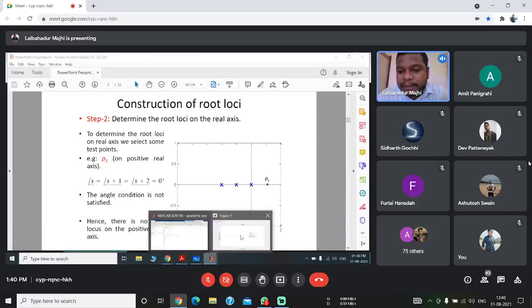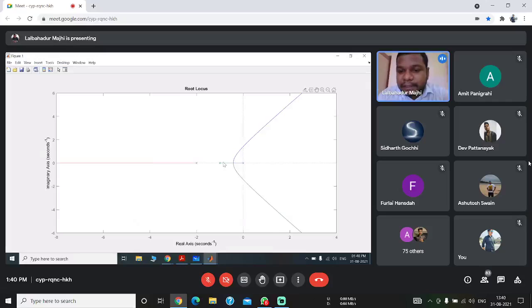Here you can also see this region, this is the root locus. But in this case, see the dotted lines, towards the right we have two poles. That is an even number of poles. So that is why in this region no root locus will exist. That is why it is shown as dotted.